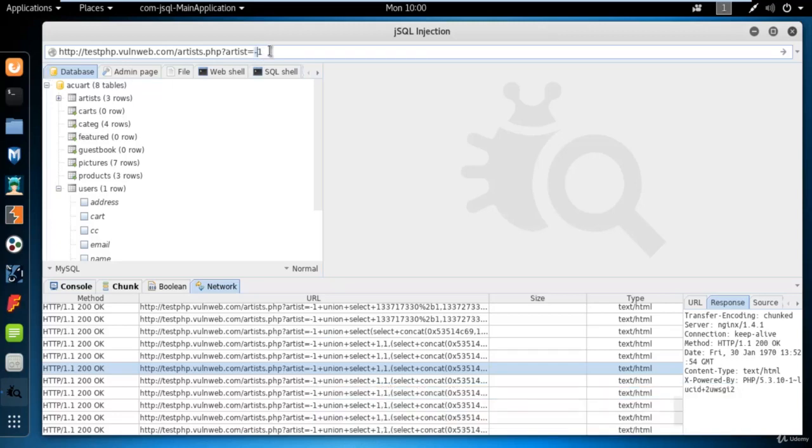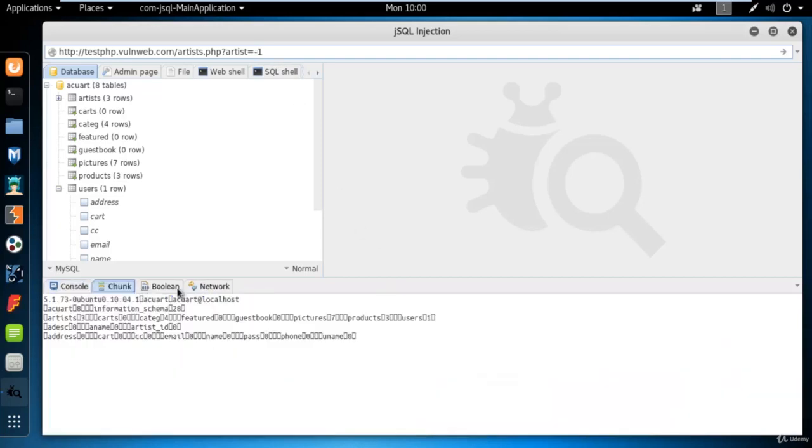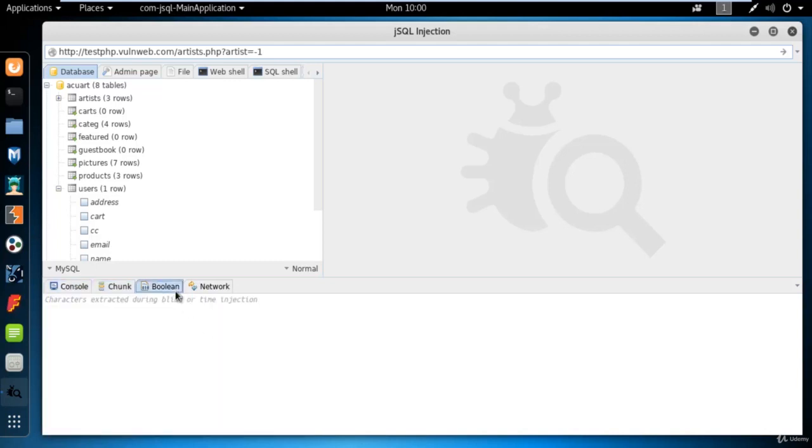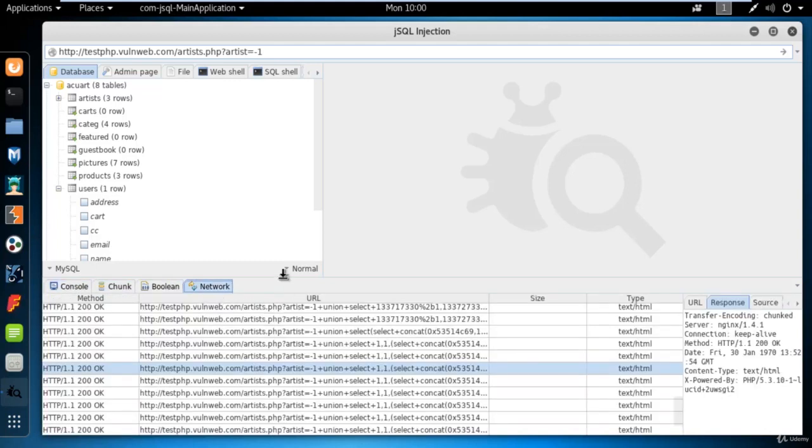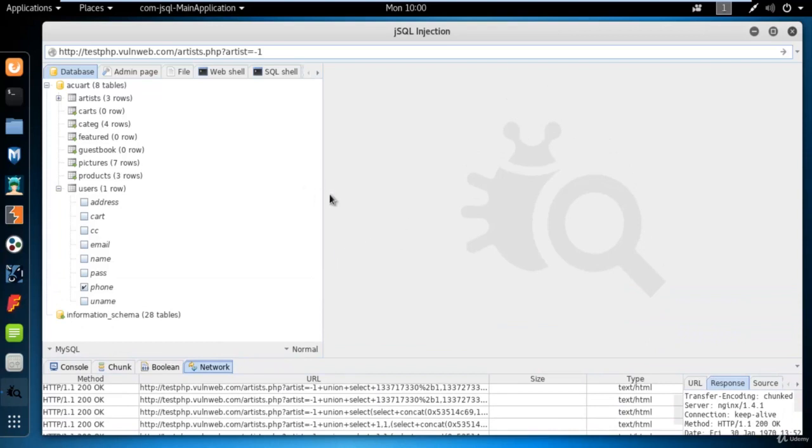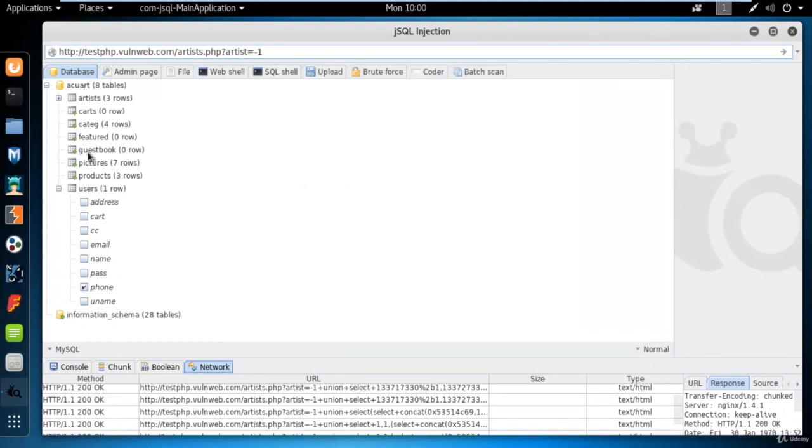One using dash, second using one dash, one basically it's one apostrophe after one, and third is, let me type what the 3 methods are. One is dash one, second is dash one apostrophe, and third one is this, right? So there are 3 methods. You can use any one to try if you are able to find it or not, right? So it has found the information for us. So you can see here that you are able to find information about the files available inside it, the users file, right? So let me show you how it can work.